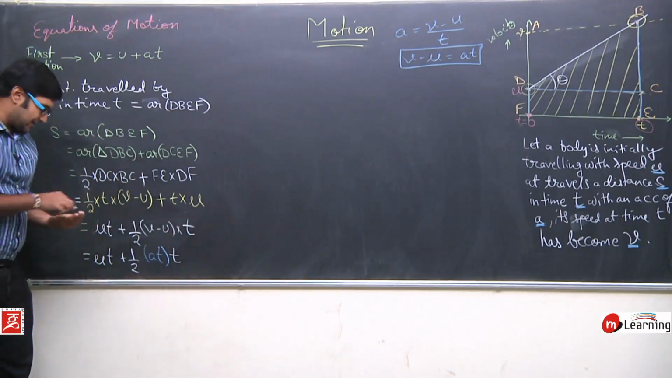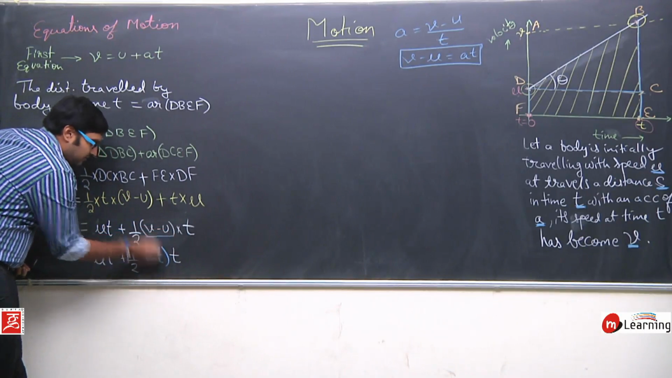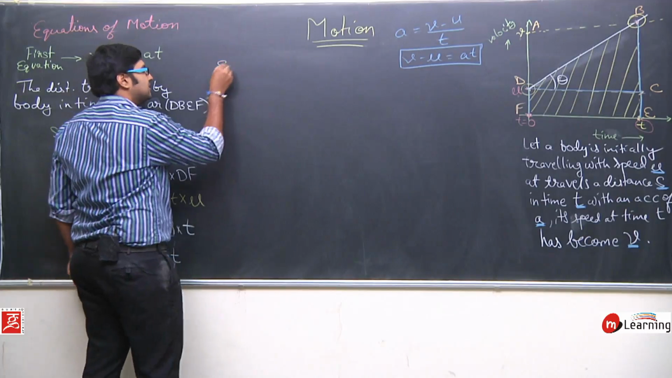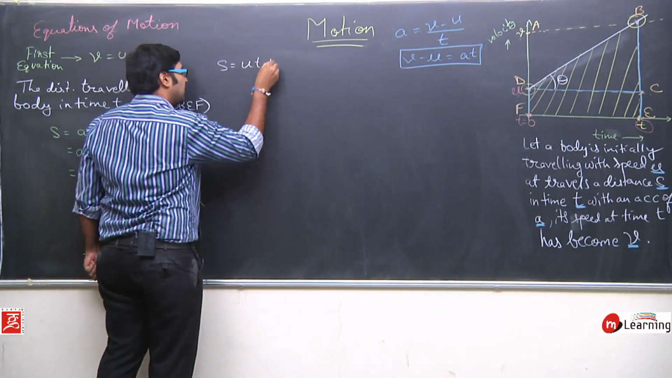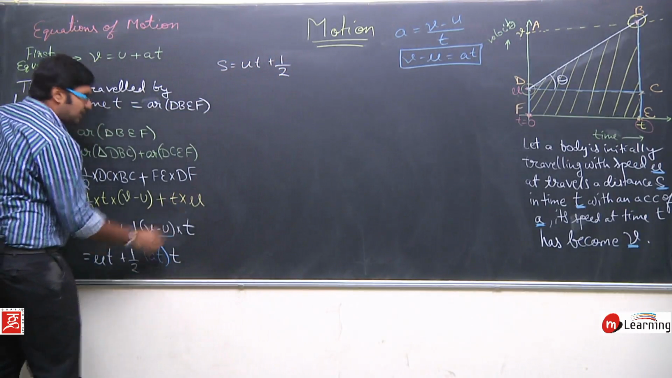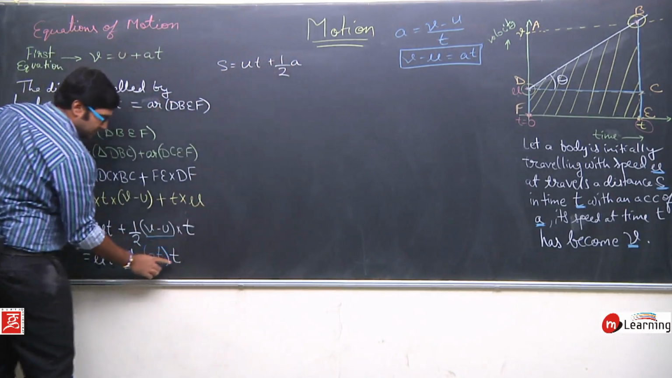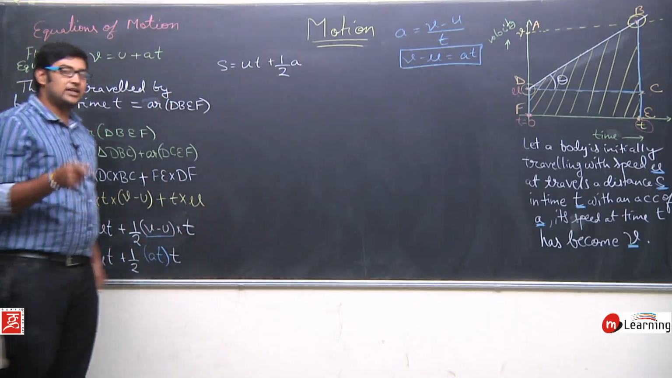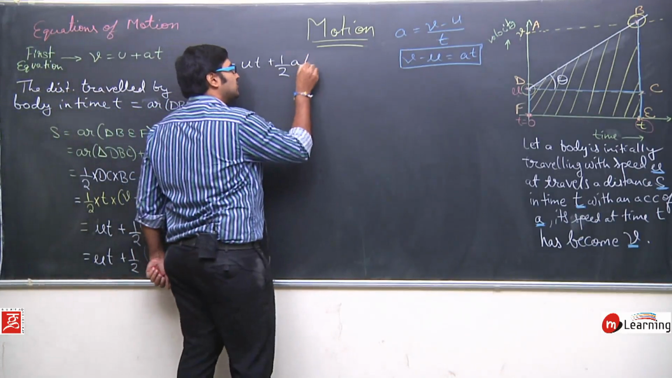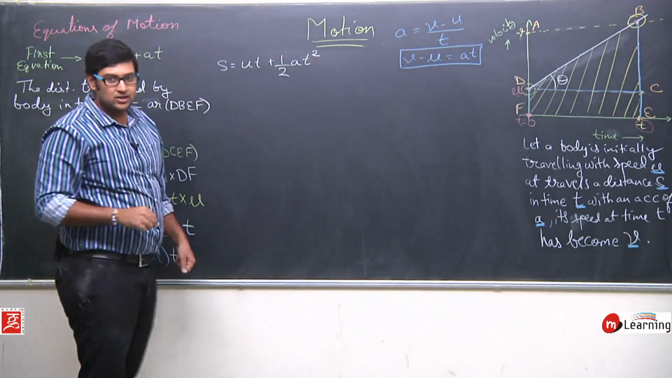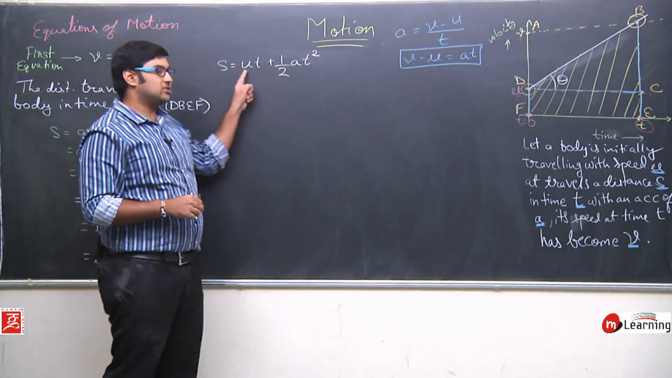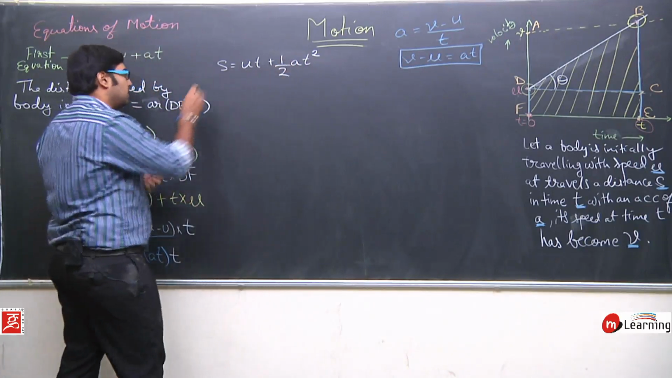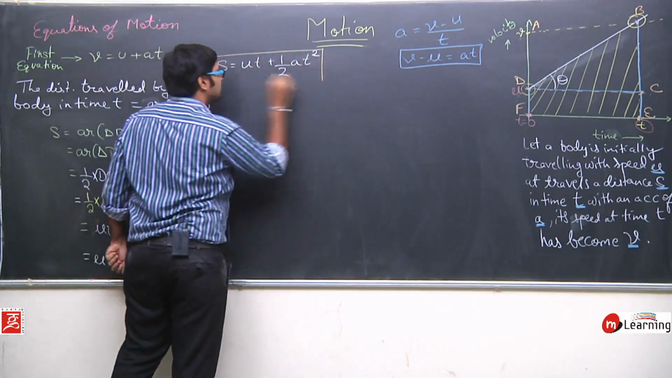So observe the equation. In place of V minus U I substituted AT, and we will get S is equal to Ut plus half. Now A will come as it is, and then this is T, okay. In place of T into T, what we will get? T into T will give you T square. So our condition becomes S is equal to Ut plus half A T square,